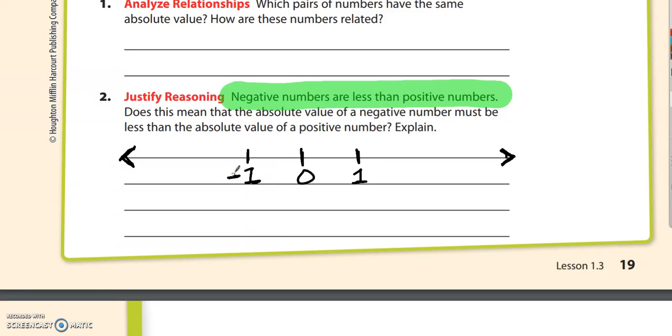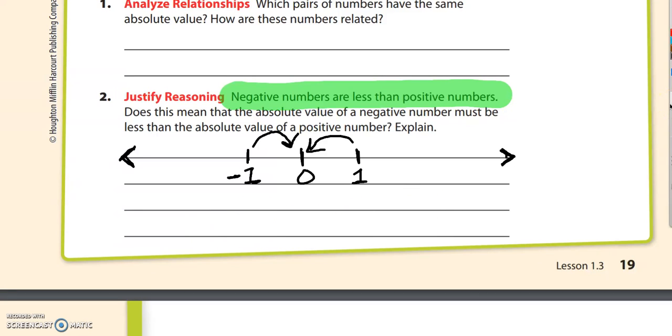Does this mean that the absolute value of a negative number must be less than the absolute value of a positive number? Well, let's go ahead and ask ourselves this question. What is the absolute value of negative 1? And let's compare that to the absolute value of 1. Well, the absolute value of negative 1 is 1 space away from 0. The absolute value of positive 1 is 1 space away from 0. So what can we conclude? First of all, the answer is no,